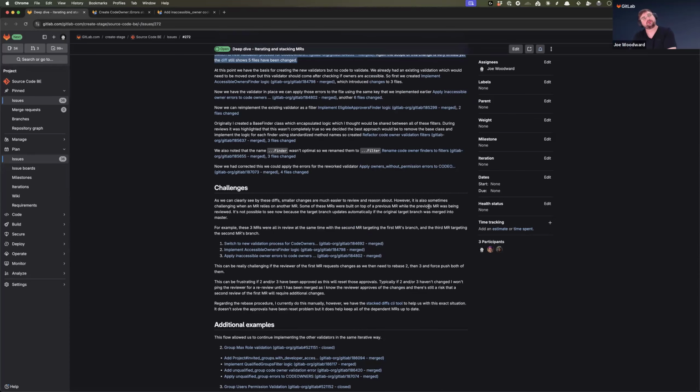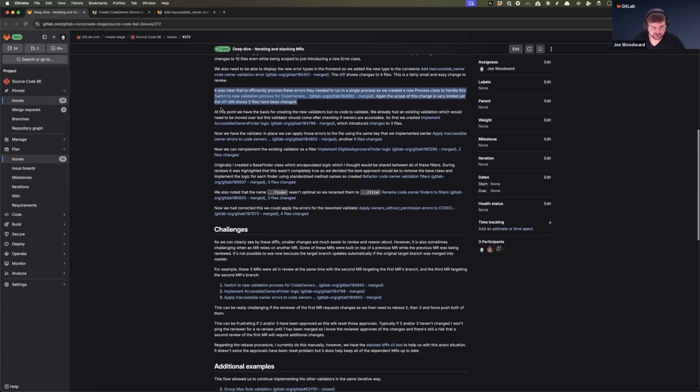So the two that we've just looked at, I didn't use stacked diffs. They were completely isolated code. I didn't need to reference them when I was working on the new validators. So, if you can do that, that's the perfect situation, because you can work on that and a separate thing. They can be reviewed completely separately, merged completely separately. They're completely unrelated. Perfect. But yeah, you do have this situation later where you end up working on